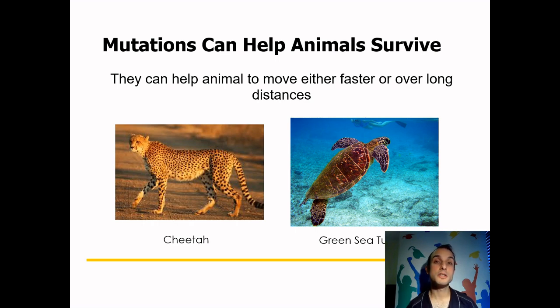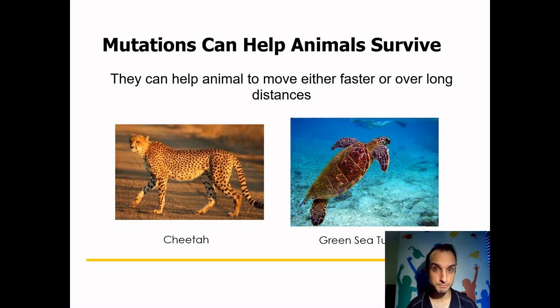But these are all external physical features that you can see. What the cheetah also has inside its body are some adaptations and mutations that have helped it to move quicker. Cheetahs all have very, very large hearts. The heart is an important organ because it pumps the blood around your body and gives your muscles the energy they need to function. So the cheetah has a really big heart, so it can pump lots of blood around the body and give the muscles lots of energy so they can work so fast to make the cheetah a really, really fast runner. Without such a big heart, the cheetah wouldn't be as fast,